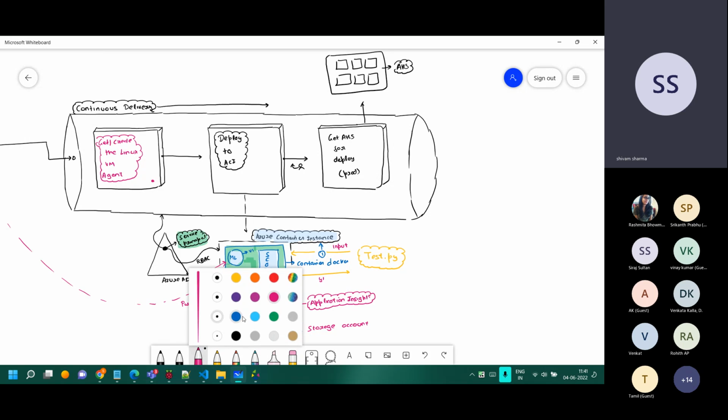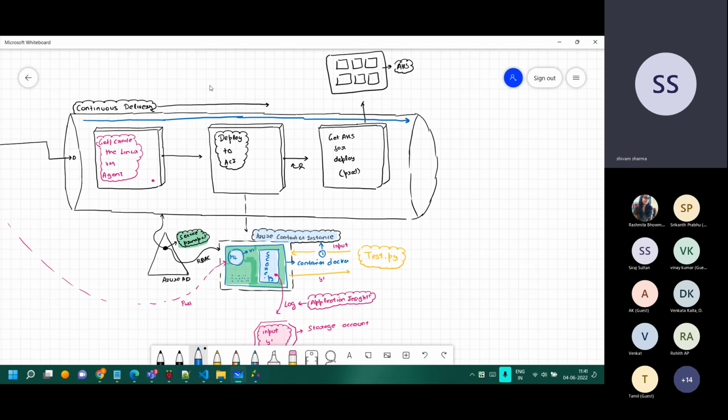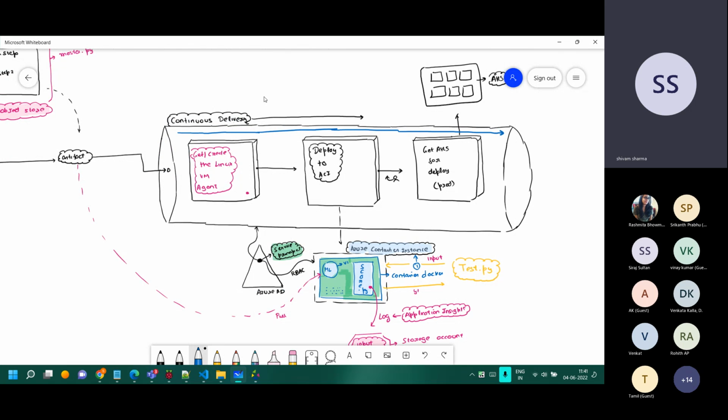And because we are going in production, we'll just make this arrow go a little more. So this is the continuous deployment part, the CD part. So we have designed, you can say, a simple but still pretty useful MLOps pipeline.